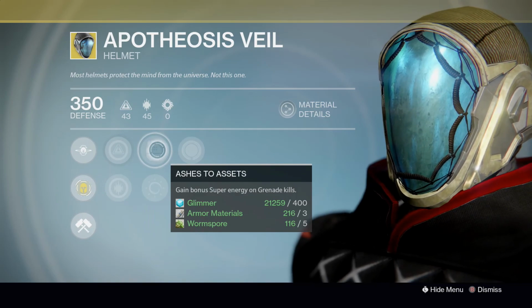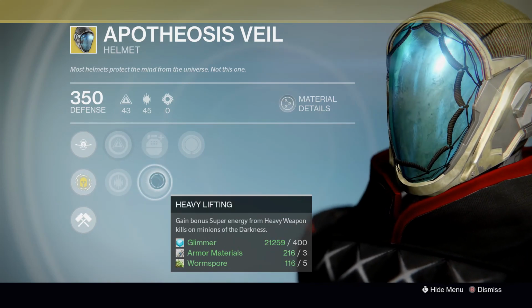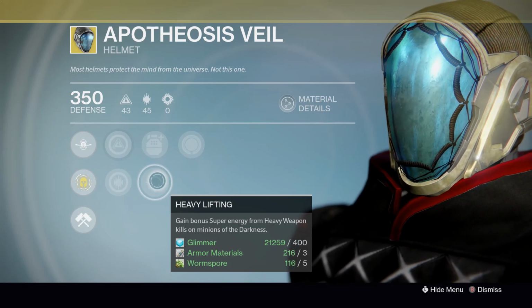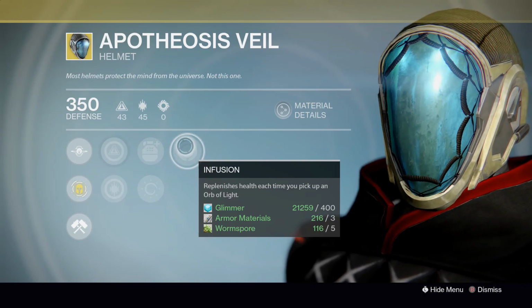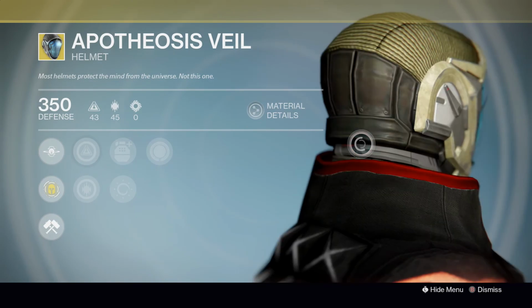Secondary perks are Ashes to Assets, gain bonus super energy on grenade kills, and heavy lifting. Bonus super energy from heavy weapon kills, and finally, one of the best helmet perks in the game, Infusion. Replenish health each time you pick up an Orb of Light. Now, even though this was my first helmet, and I still kind of like it, it doesn't really get the